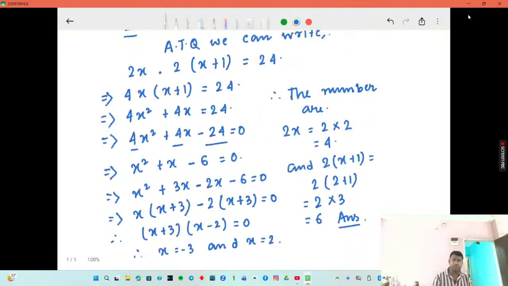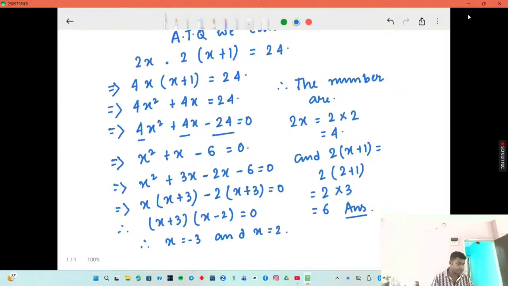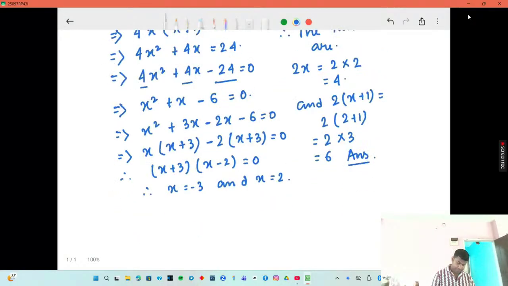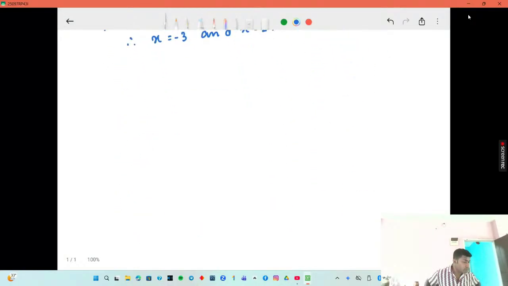So, do you know what is a whole number? The numbers which start from 0 are known as whole numbers. Is it okay? Now I will move to the next question. Here the next question is given as